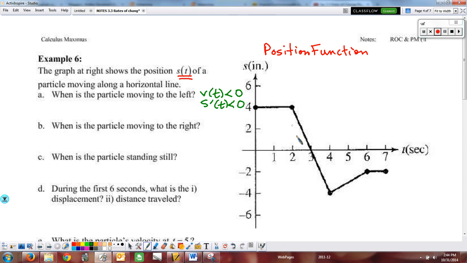So when we're looking at our position function over here, our slope, I'm just going to use m, is 0 on this section. Our slope is less than 0 from 2 to 4. Our slope is bigger than 0 from 4 to 6. And then our slope is again 0 here on the end. So when they're asking when is the particle moving to the left, I'm specifically looking for where the slope is negative, and the slope is negative for this portion of the position function, which corresponds to an interval of 2 to 4. So the particle moves left